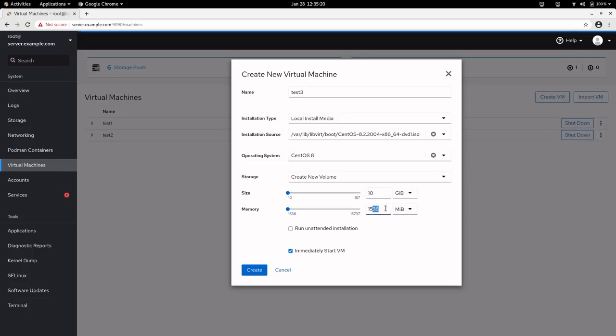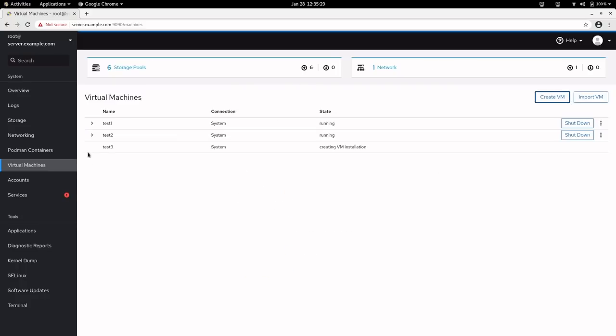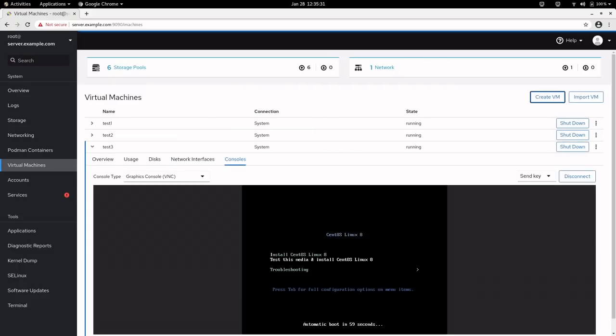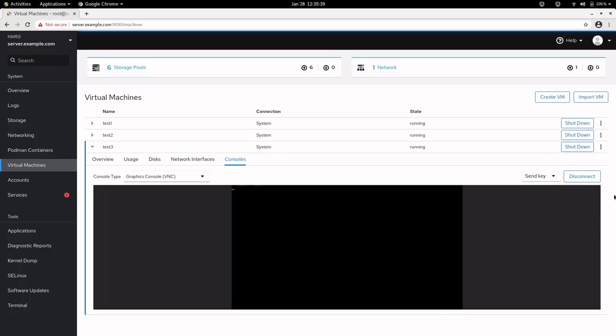In fact, if I select 70, then good, and create the machine. So it will start my third machine directly through cockpit, and I can access that here, and you see I'm able to see the options here, the console part. Enter, and this is starting. So my third machine is starting.